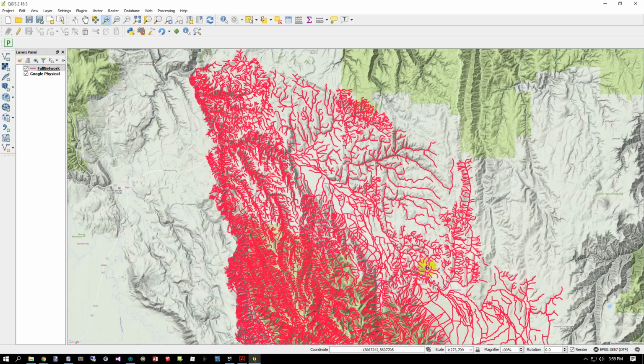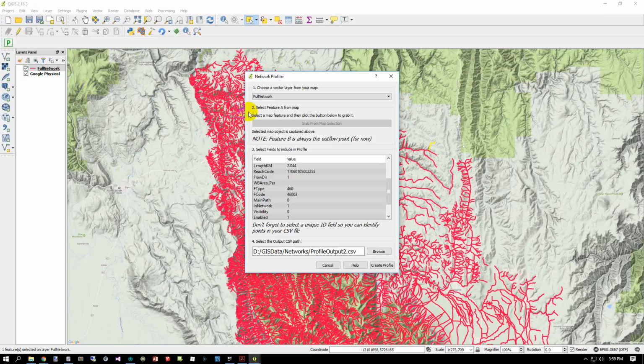It's good. So I have part of the MyNum here on a network, and what I want to do is profile this network. I'm going to click on a headwater up here, and now I'm going to click on our plugin user interface, which is here. It's already picked up the full network that's in the map, and it's picked up the feature